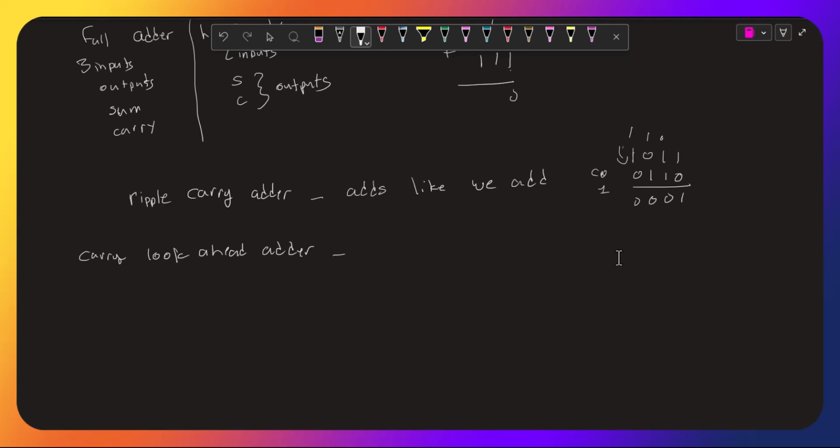So this one you would need 4 full adders. I guess you could use a half adder for the first one, but you wouldn't want to do that. You'd still want to have a carry in because you never know what else you might have had before this problem. And so you have that, and it's fairly simple. A carry look ahead adder, on the other hand,